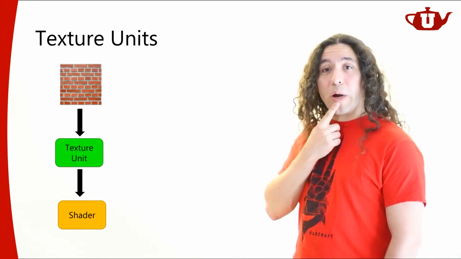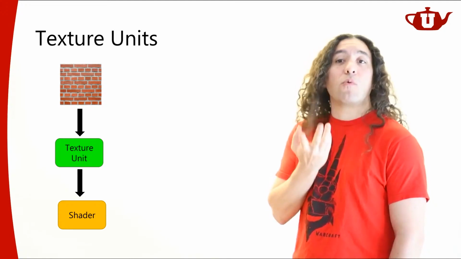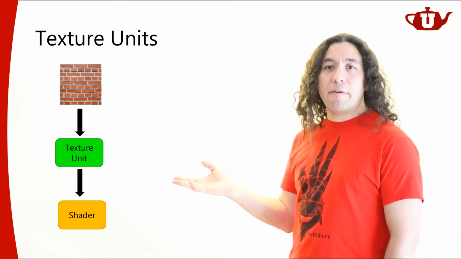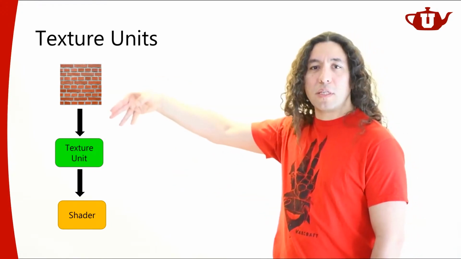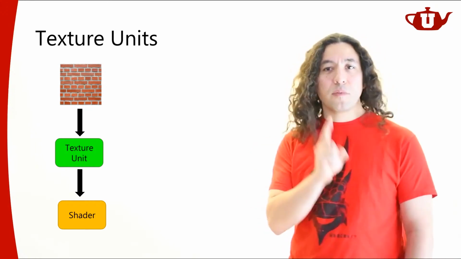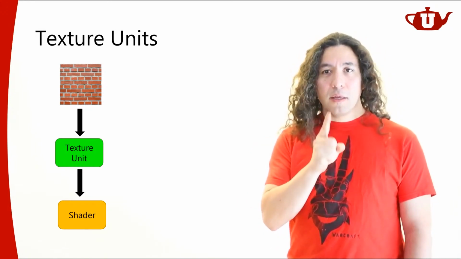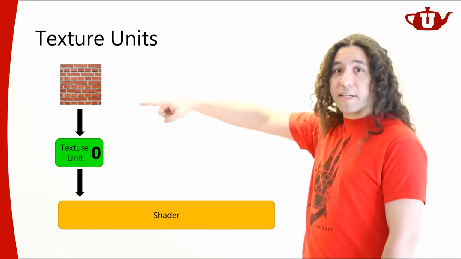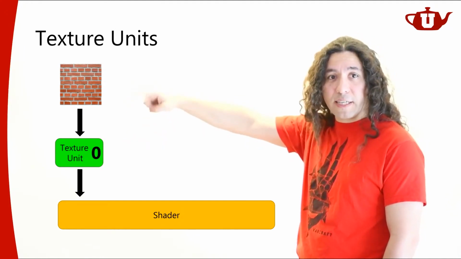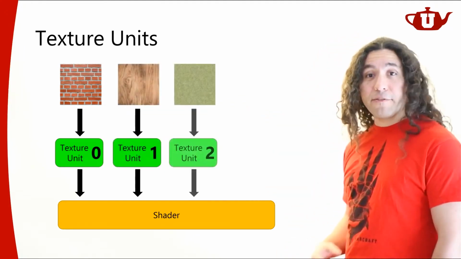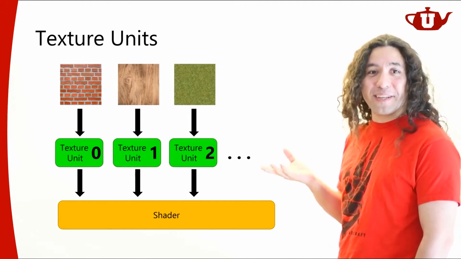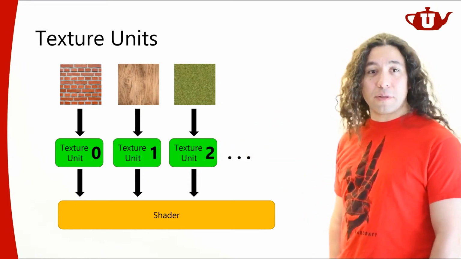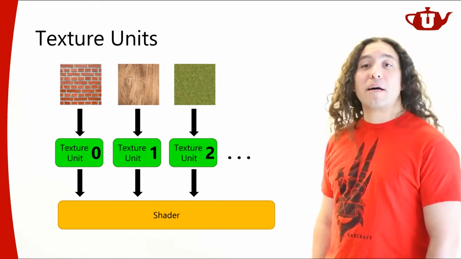Okay, it's all good, but what if I want to access more than one texture? If I have just one texture, this is good, but what do I do if I have multiple textures? Do I just connect them all into this one unit that does the texturing for me? No, that's not what I do. Here's what I do. If I have multiple textures, this is going to be my texture unit 0, and it will have this very texture attached to it. And I have, hopefully, more than one texture unit on my GPU, and they will have other textures attached to them.